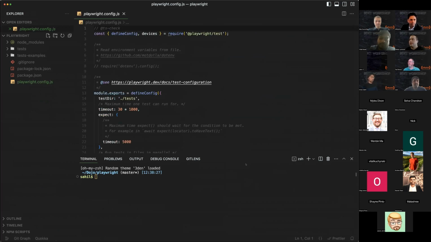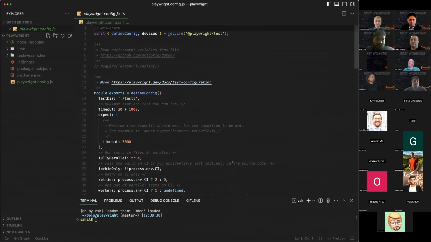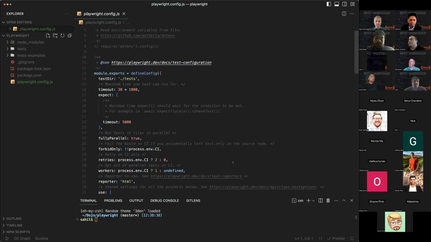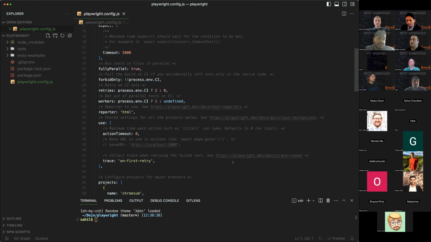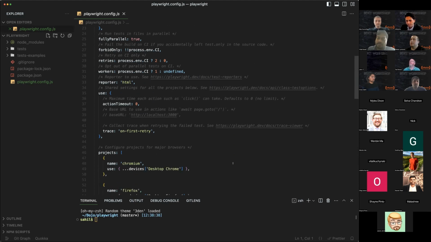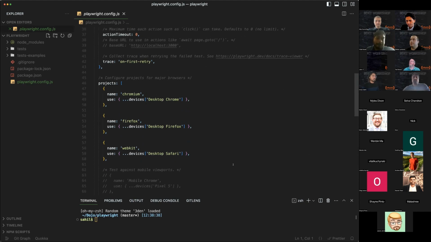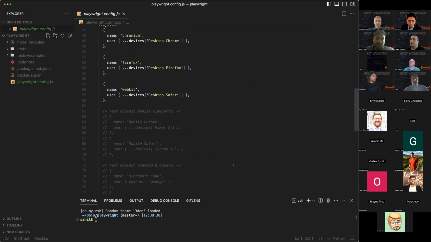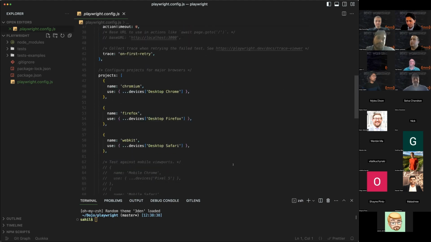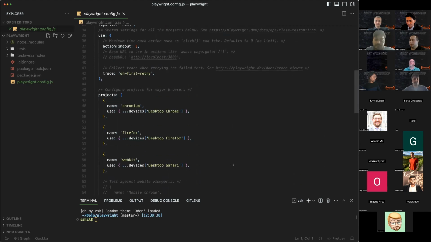So as you can see, the config is pretty robust out of the box. It comes with a whole bunch of pre-configured options, and it's very well documented. Everything is commented, so you can tell what each command does. And it doesn't even have all the commands here. The documentation on the Playwright Docs website will have more. But just going through, you can see under projects, we have the available browsers. Chrome, WebKit, and Firefox are automatically enabled. Everything else is commented out, but you can very easily just comment them back in.